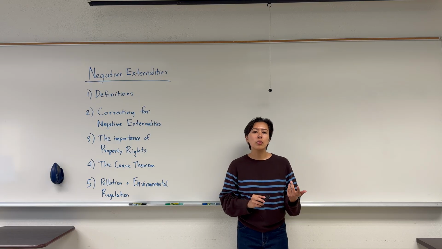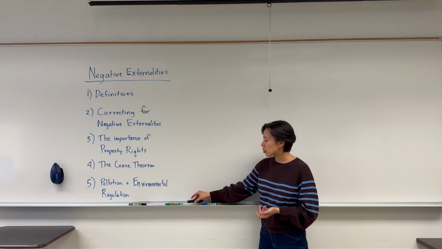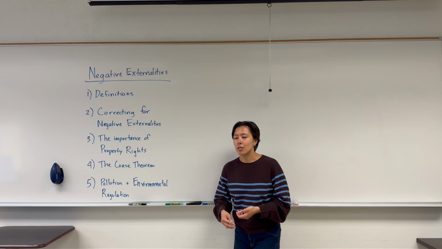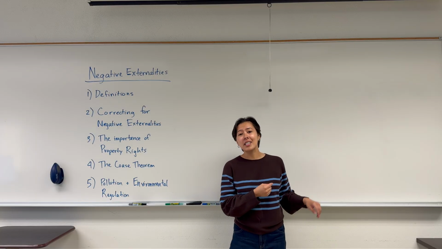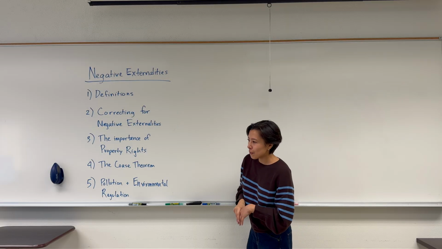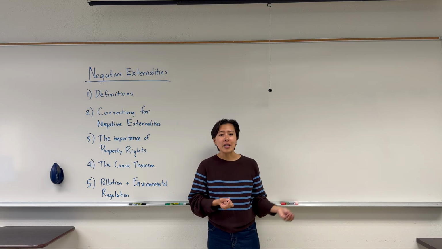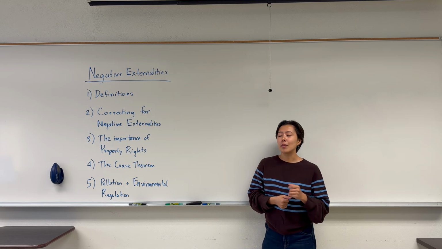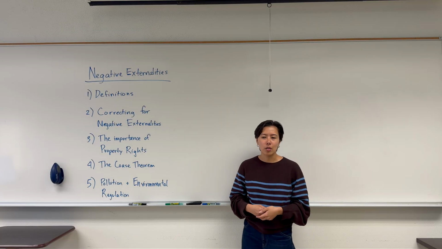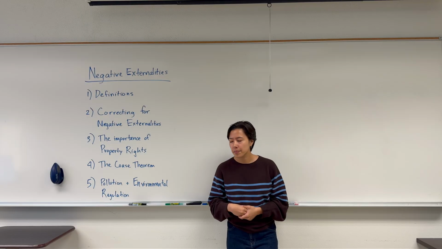And what he's going to do is he's going to choose the option that is the cheapest for him. If it's cheaper for him to build a fence, he's going to build a fence. So maybe if his cows eat a whole bunch of wheat, it's cheaper to just build the fence and keep them out. If his cows are not eating a whole lot of wheat, maybe they're just eating a little piece here and there, and it's cheaper for him to just pay damages directly to the farmer, that's what he's going to do. So if the fence is more expensive, he'll just pay damages directly to the farmer.